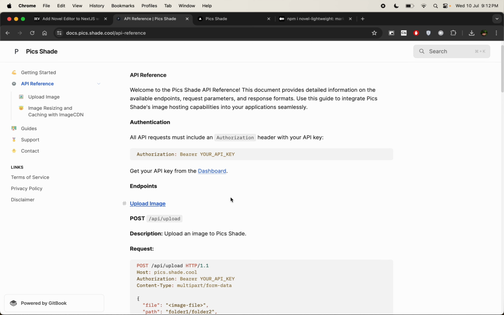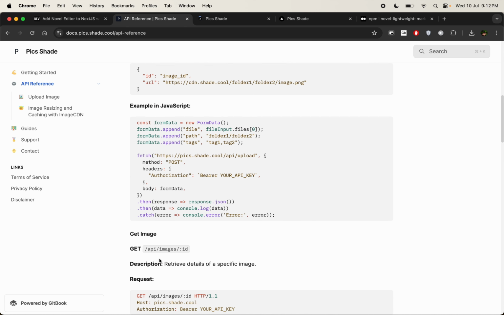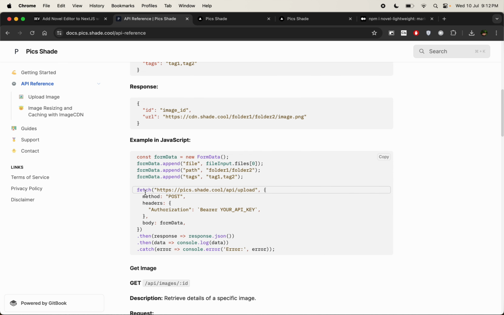And after going to API key, you have to get an API key first from the dashboard, and you can upload an image using this function. Using form data, you just have to create a form data and append your file, path, and tags. These two things are optional. The main thing is the file, whatever you have to upload, and we will create a fetch call on upload and pass our API key with the form data that will